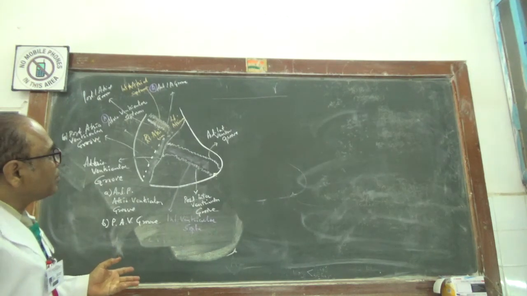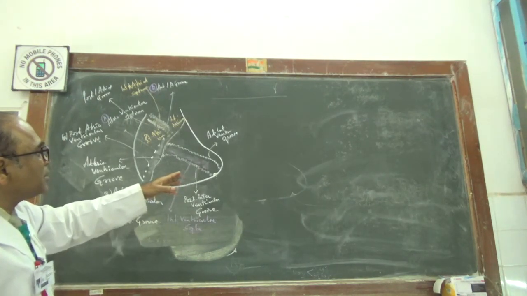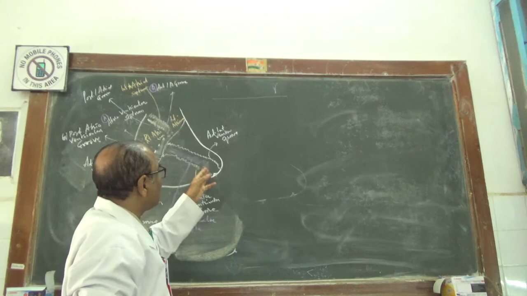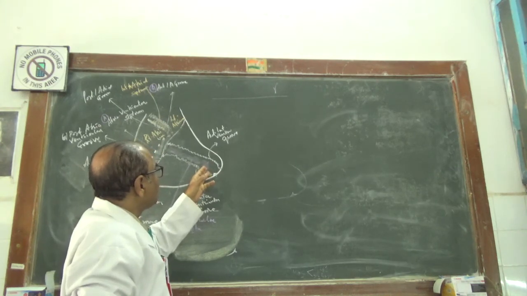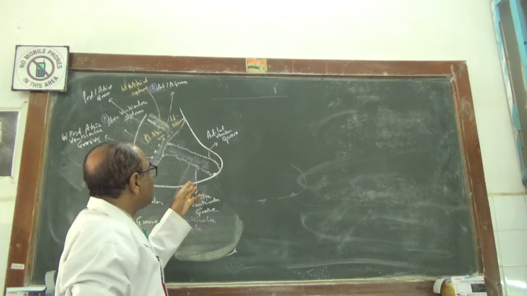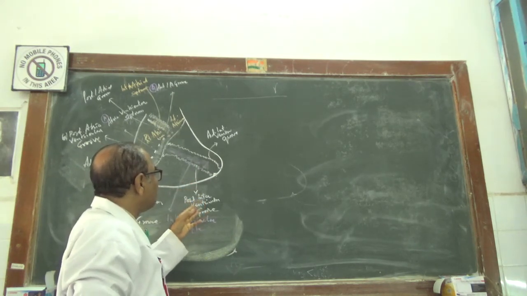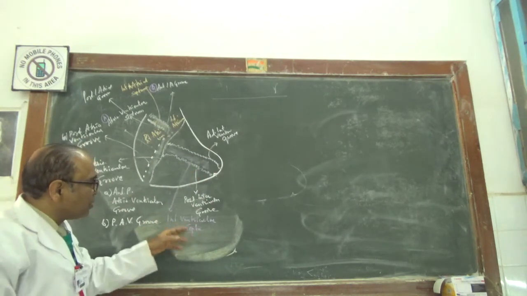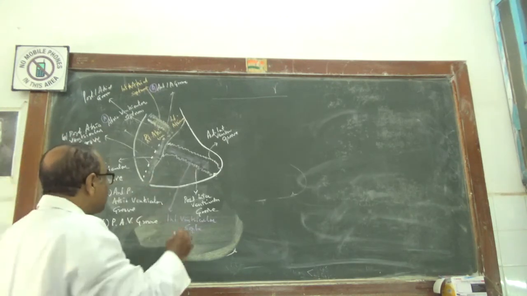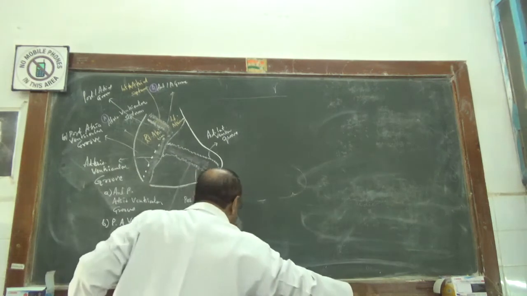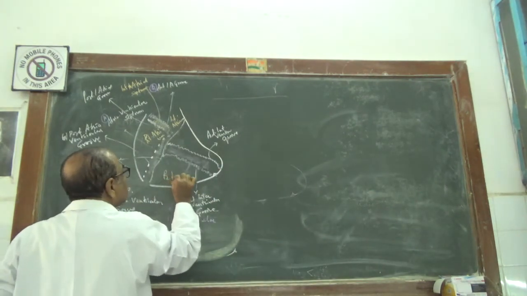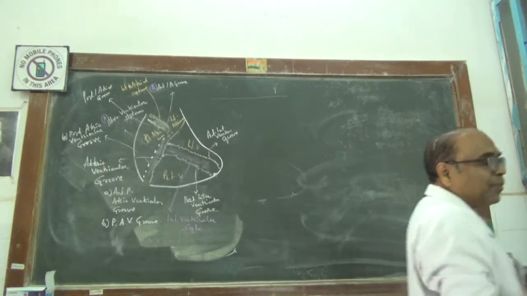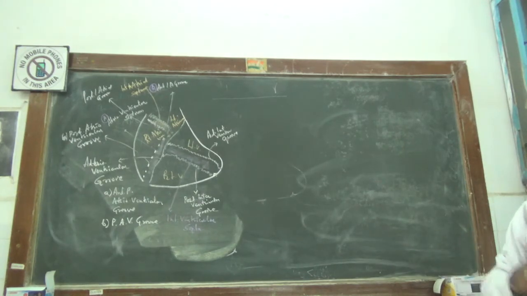Now, the ventricular portion of the heart has what? The anterior interventricular groove and the posterior interventricular groove, on the ventricular two-thirds of the sternocostal surface of the heart and down the diaphragmatic surface of the heart. As they approach inside, they form the interventricular septum. So the ventricular portion of the heart is again divided into two parts: one is the right ventricle and another is the left ventricle. So you will have a total of 4 chambers like this.